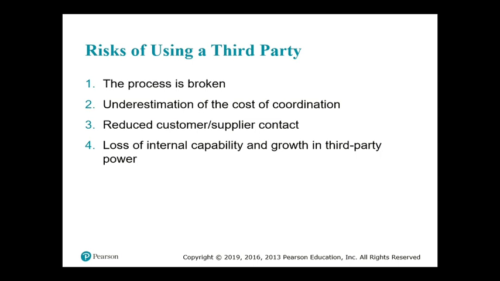And sourcing to a third party could lead to a reduction of our own capability. And this is important if this capability is core to our business. In addition, it could also lead to a growth in this third-party supplier's power. So this is